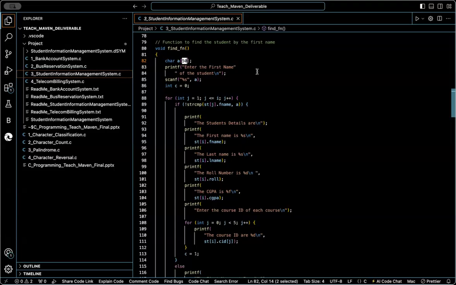For this purpose, we have used the string header file, which has the inbuilt function strcmp. Strcmp is nothing but string comparison. Whatever value the user has entered has to be compared with the first name in our database. So we iterate from the first student to the last student, and if whatever we entered and whatever is present in the database match with string comparison,